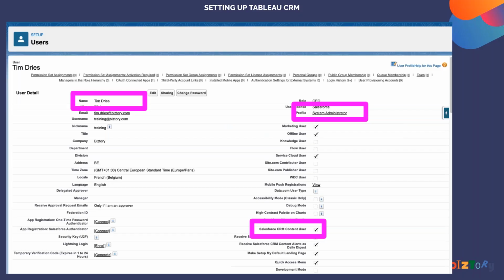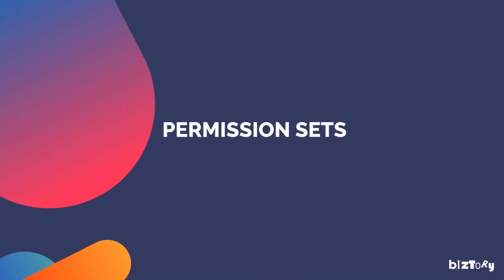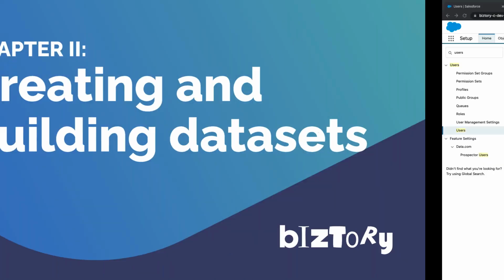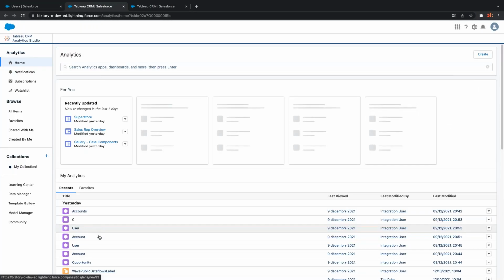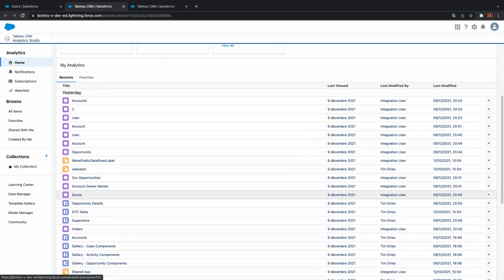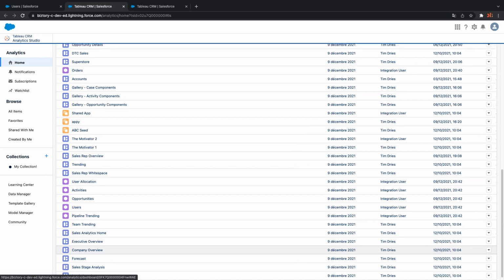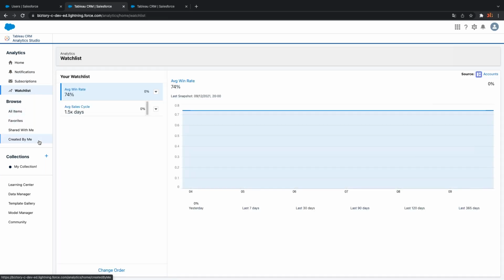So I showed you where you can find the users. We talked about the fact that they need to have the right permission set. Now, once you have access to Tableau CRM, of course, you need to make sure that there is data to dashboard on. And we'll talk about notifications, we'll talk about subscriptions, we talk about the watch lists, but what is there in